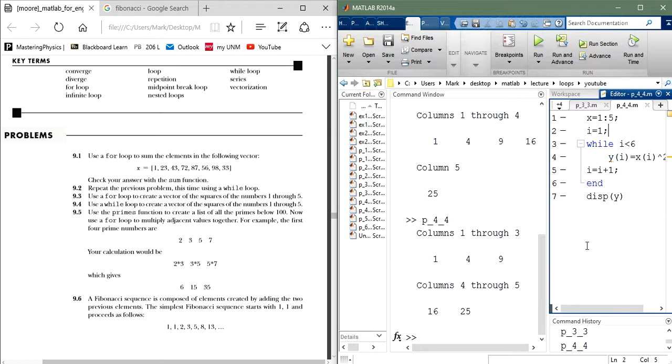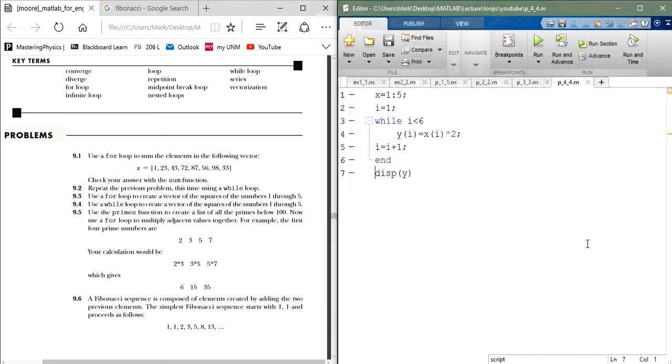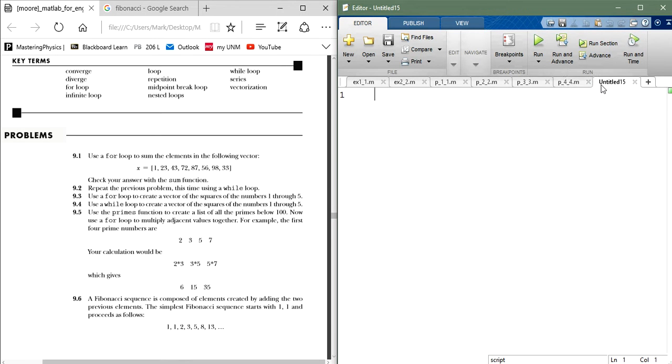Let's do 9.5 really quick. Oh man, I am killing it on time. I hope I'm not going too fast. No, I don't. I want to show you guys that part. So